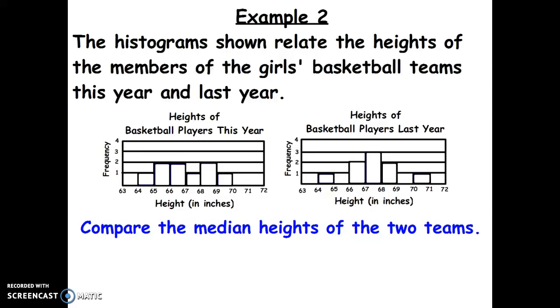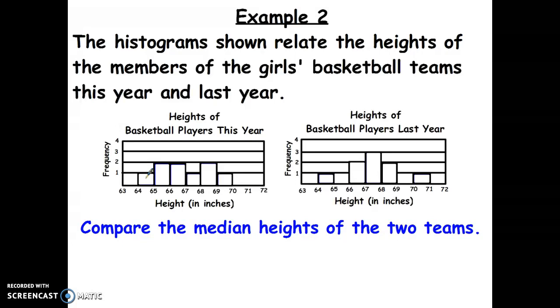Example 2. The histograms shown relate the heights of the members of the girls' basketball team this year and last year. Compare the median heights of the two teams. Now, in order to compare the median heights, we first have to find the median height for each of the data sets. So, what we're going to do is take a look at how many actual data points we have